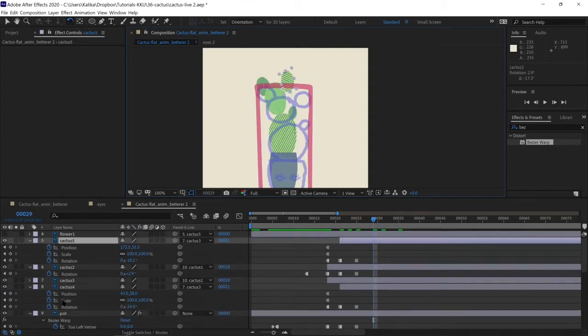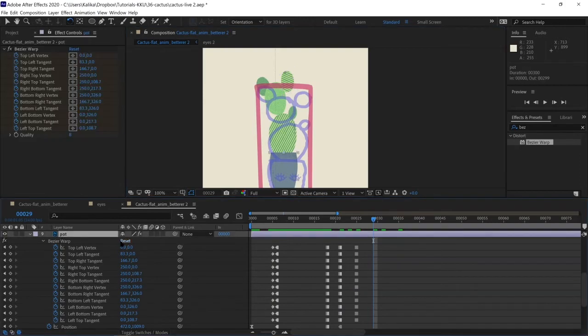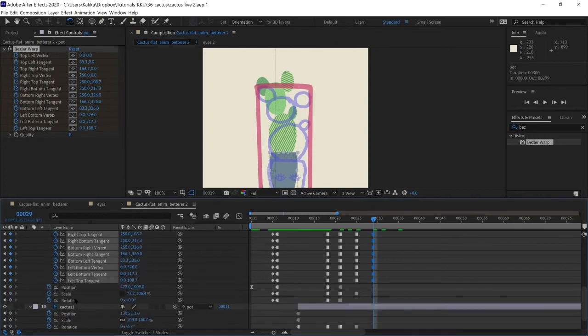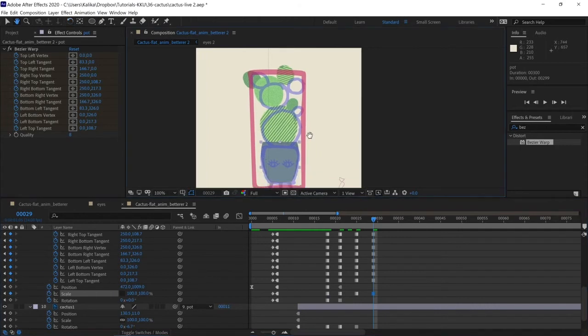So we have one more squash to do. You ready? I'm going to select the pot, click reset, and you can click reset in either place. You can either do it in effect controls or you can do it down in the timeline. It doesn't matter. And then I go to my scale, and I'm going to set my scale to 100 and 100. And I'm just going to squash it down slightly like this. And then,